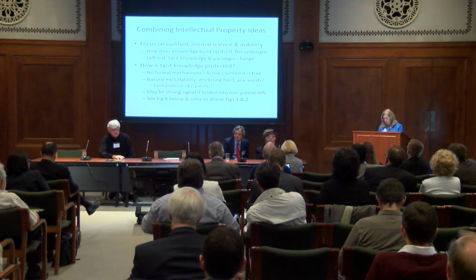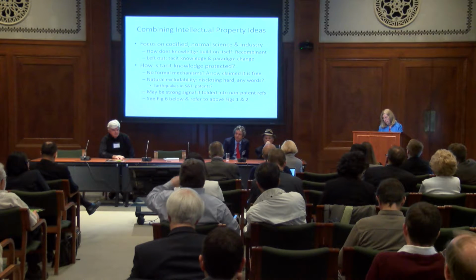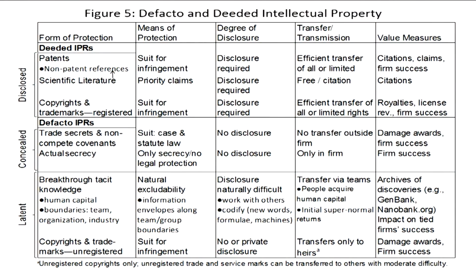So we're combining ideas on intellectual property. I'm just going to skip to the next slide, which is the figure. If you look at the top, these are the things you're used to talking about, and I've been talking about them: the patents and the articles in the scientific literature. Normally we focus on what's already codified, what's already accepted as an indicator of intellectual property. The articles are more informal in the way they're enforced than patents, as we know,